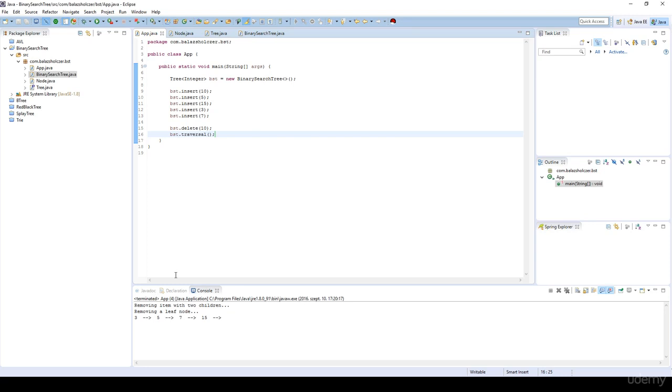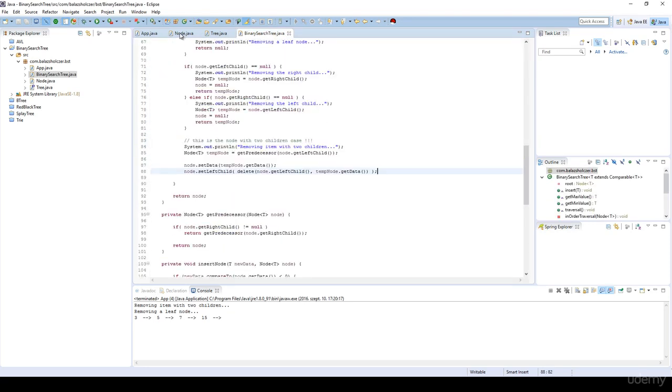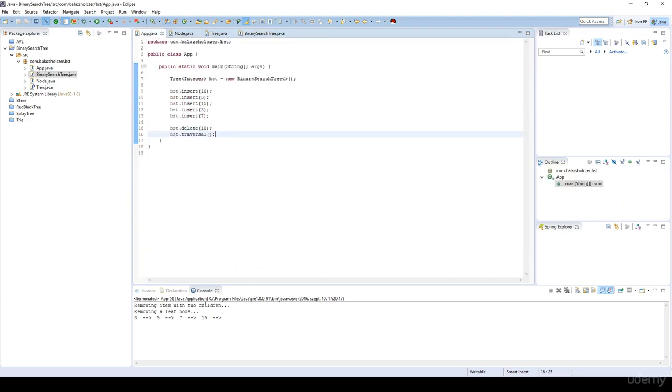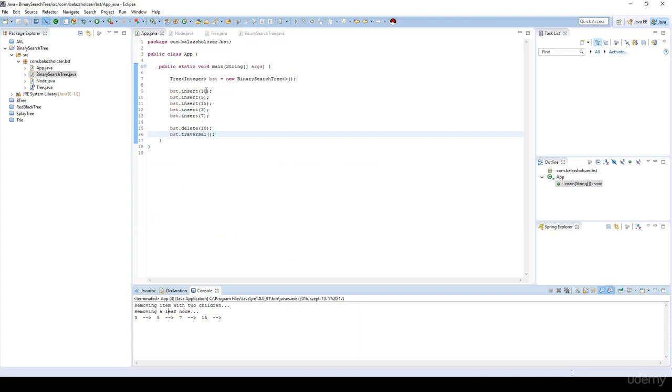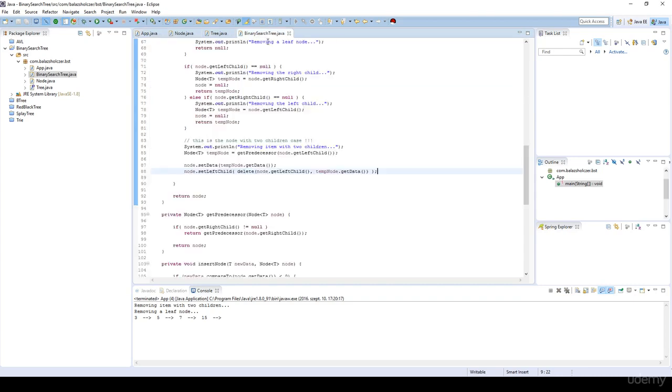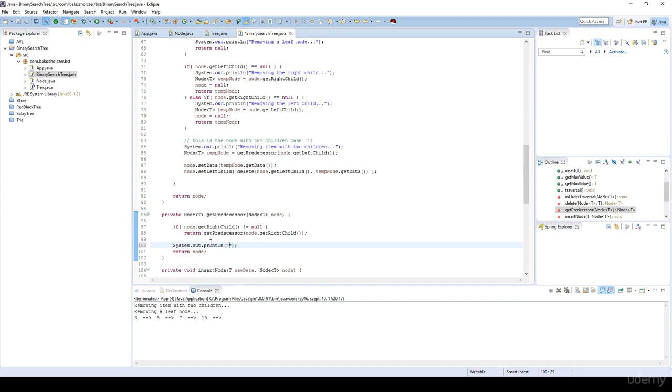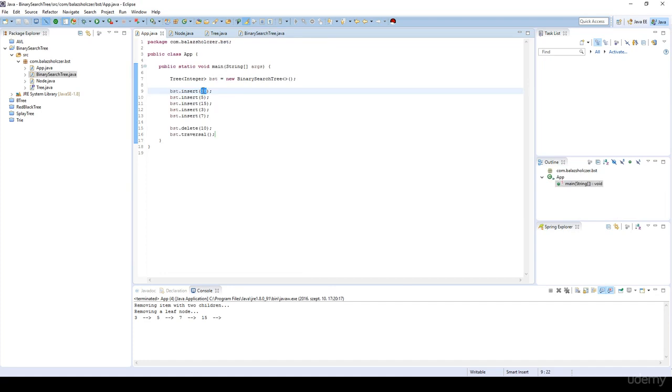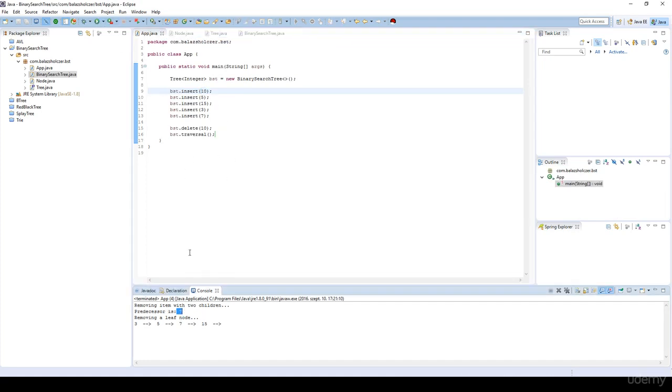As you can see, we removed the 10 because the 10 has two children. That's why this part is going to be called. And after replacing the 10 with the predecessor, then it's going to be a leaf node. So we swap the 10 with the predecessor. Let's take a look at it. I would like to print out the predecessor here. Predecessor is plus the node, because the predecessor is the greatest item in the left subtree. Okay, it's going to be 7, and it's true